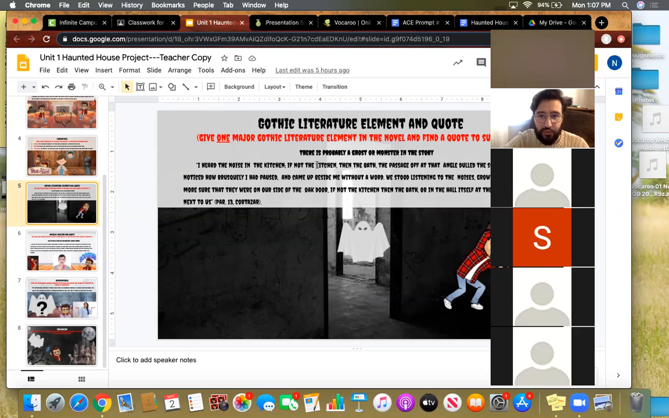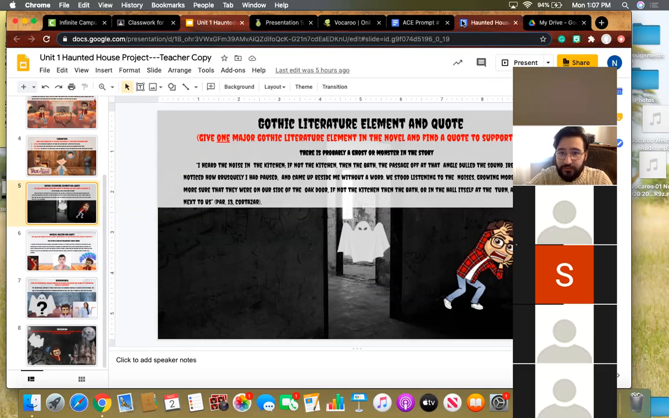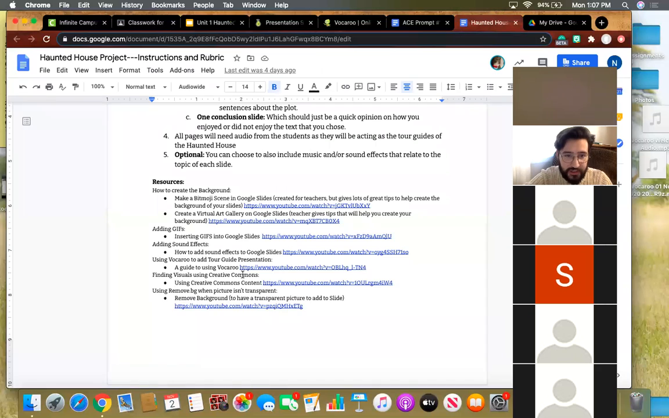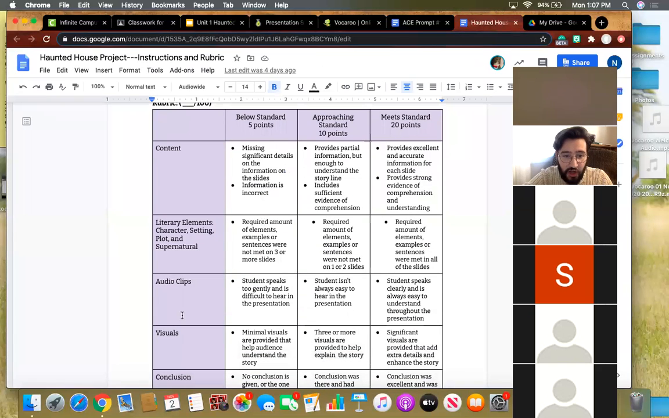If you go back to the rubric, actually, I have the rubric right here. If I go back to the rubric, you see that audio clips, if you meet the standards here, it's 20 points. If you don't include audio at all, that would be 0 points for this. And if you got 100% on everything else, but you just didn't do the audio, you would get 80%. So if you're okay with 80% and you don't want to do the audio, you can, but I would